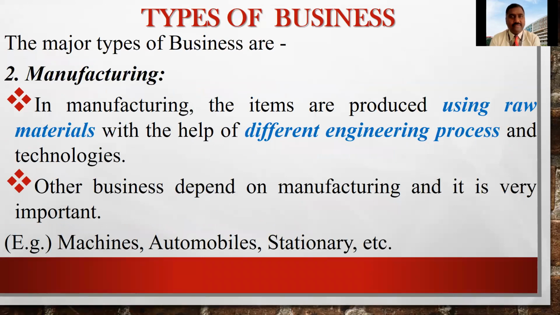Second is manufacturing. Of course, everyone knows a company will get raw materials and adopt certain production or engineering techniques and come out with the final output, which here is a product. Selling or manufacturing a product that is ready for usage comes under the manufacturing sector. It is also one part of business. Companies like the automobile sector or any FMCG or other manufacturing sectors use raw materials, adopt certain production techniques, and convert the raw materials into finished goods. That is also one kind of business.